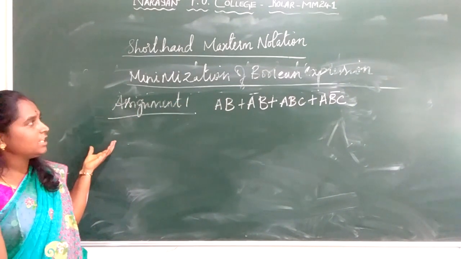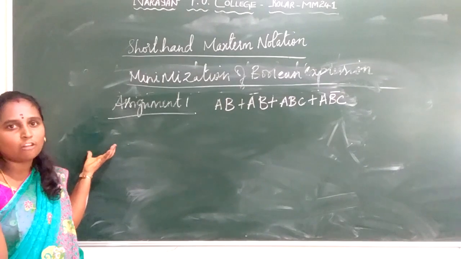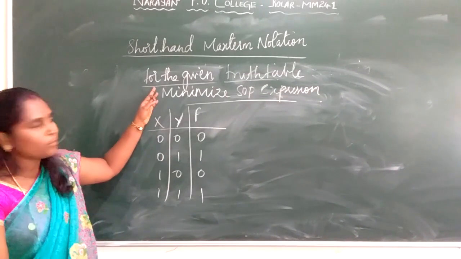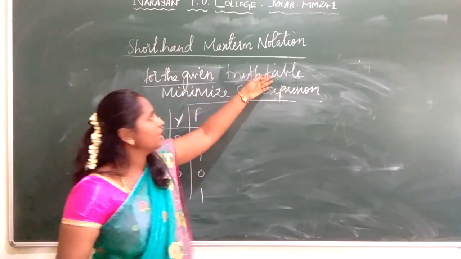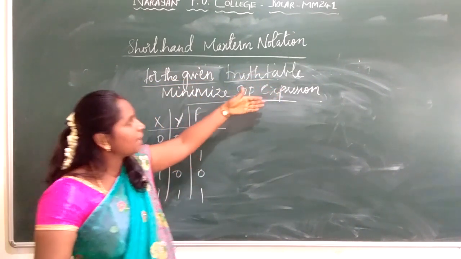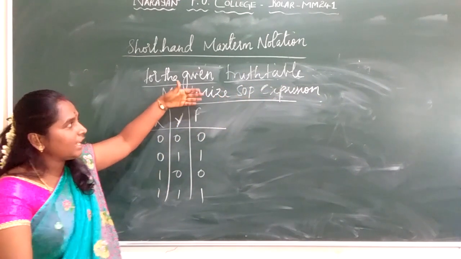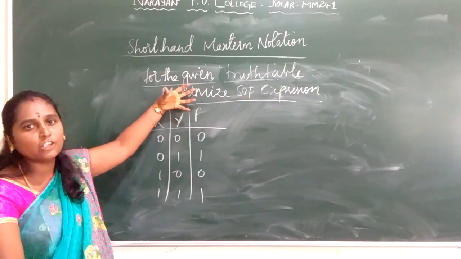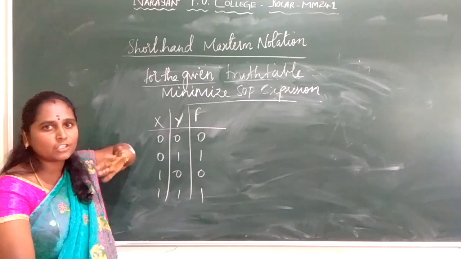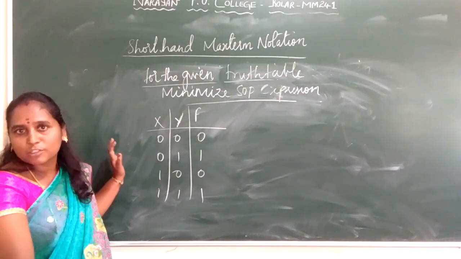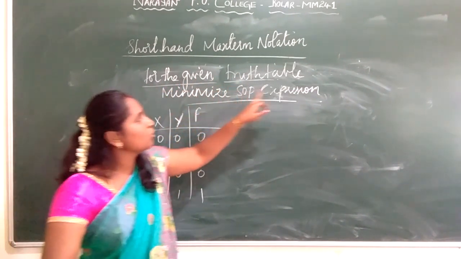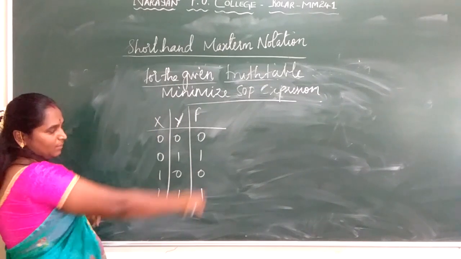So next we will see from the given truth table how to solve the expression. See here, it's a problem. For the given truth table, minimize the SOP, that is sum of product expression. This type of question can also arise, or directly from the particular expression, get into a minimal SOP form. That kind of question can also arise. Both questions people should be able to solve. For the given truth table, minimize the SOP expression. So this is the truth table they have given.